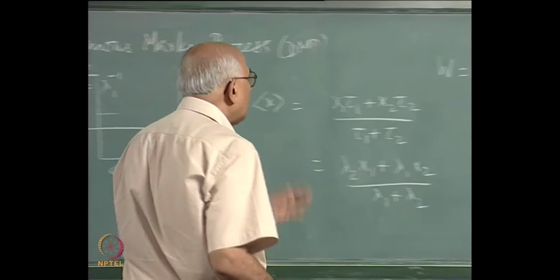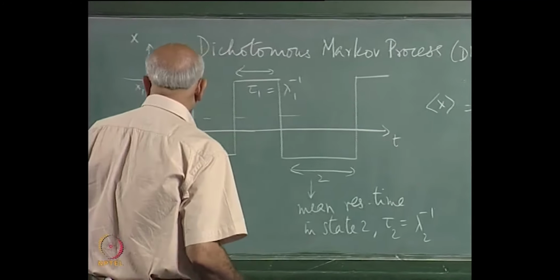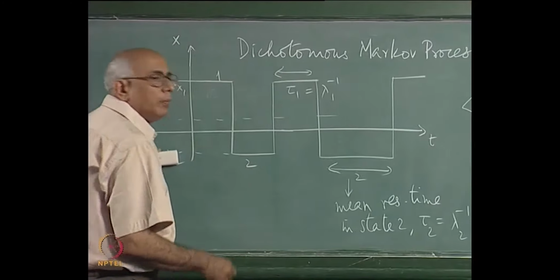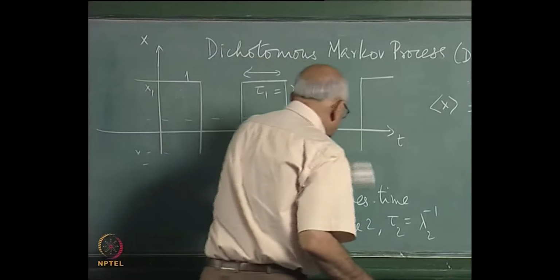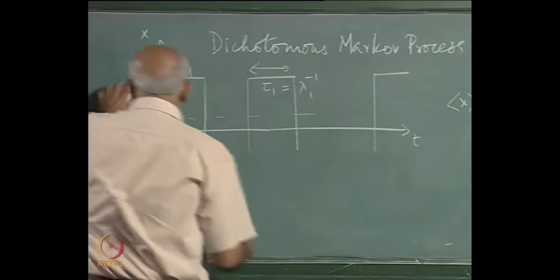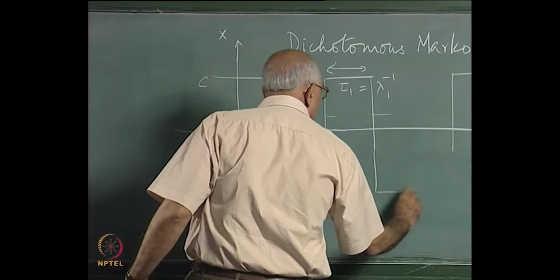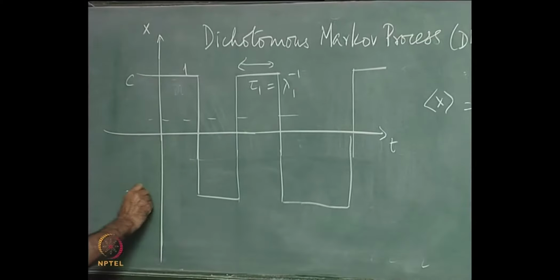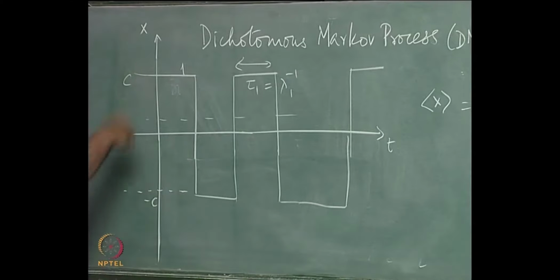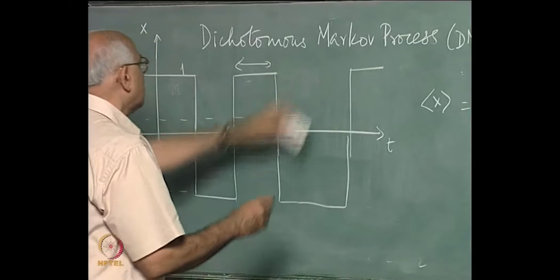Let us look at what these probabilities themselves are in the simplest instance. So to make life a little simple, let me do the following. Let us take x2 to be minus x1 so that it is completely symmetrical, and let us call this value some constant value c, and the other value is minus c, etc. Minus c, so it flips back and forth between plus c and minus c, and for algebraic simplicity let us suppose the transition rate is just a constant lambda.